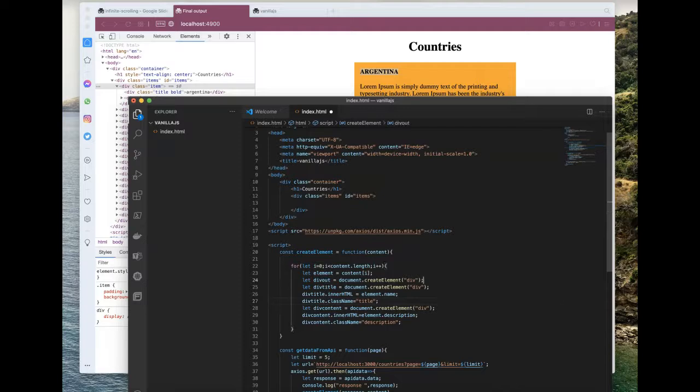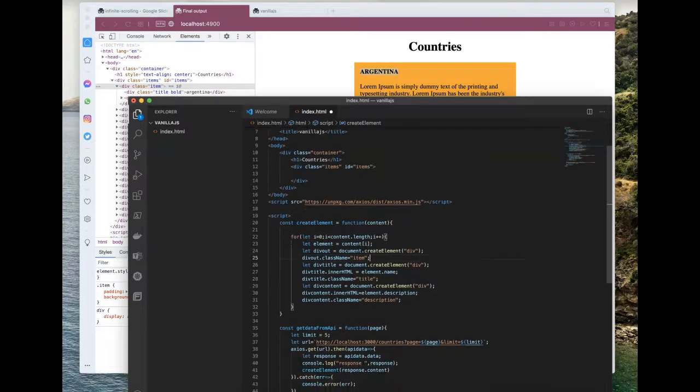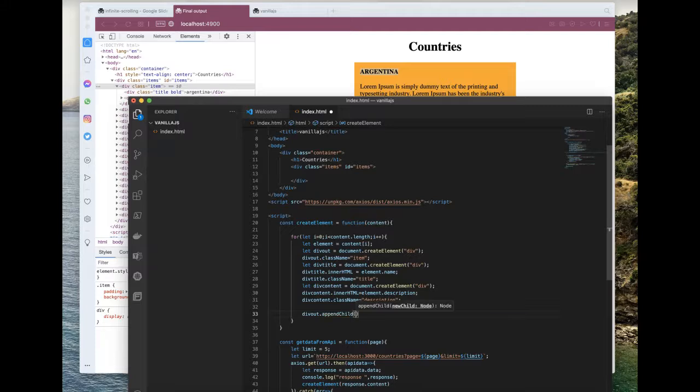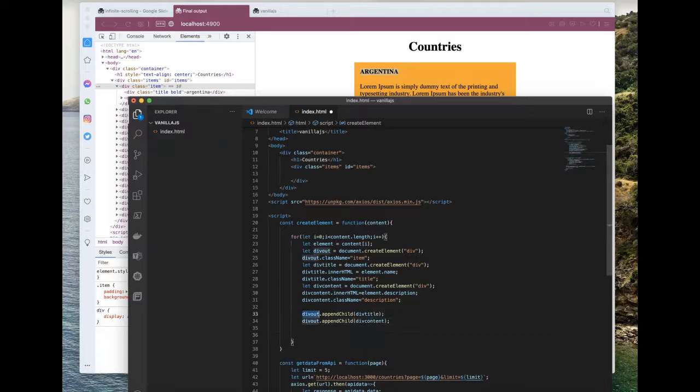We'll add the class name for the outer div as item. And finally, we'll append div title and div content into the outer div. And finally, we have to append div out to our items div.